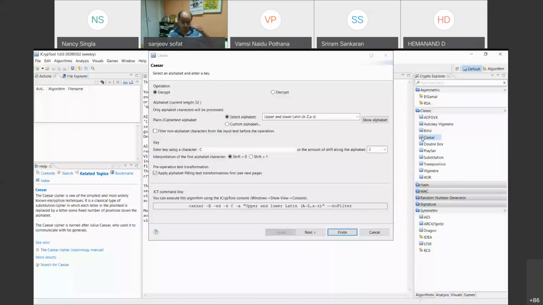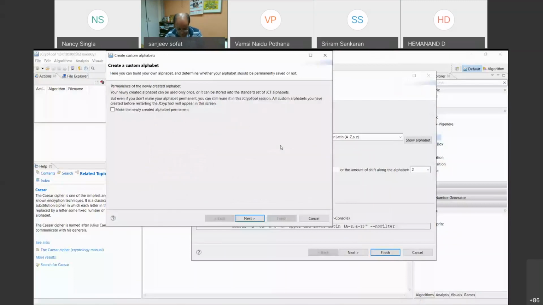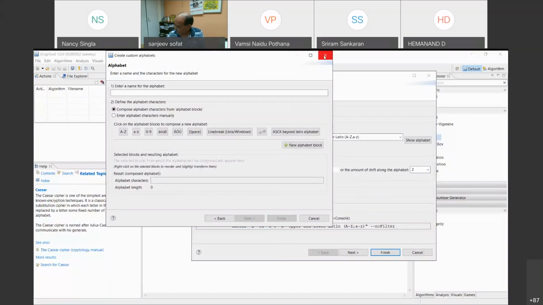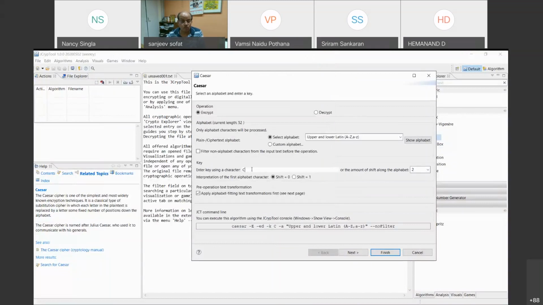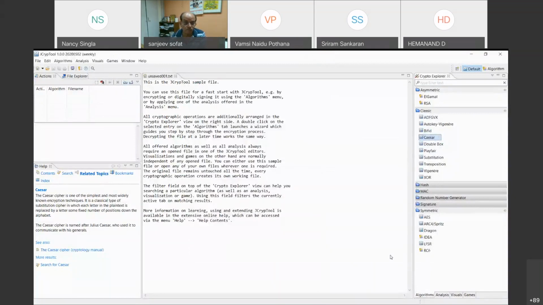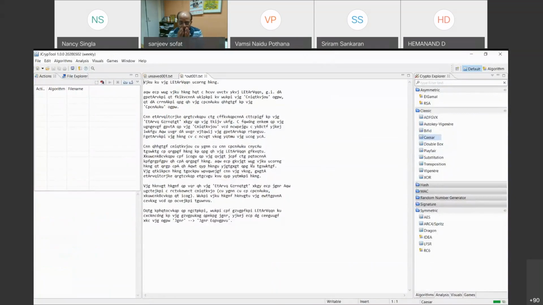We can also give our custom alphabet, that means the list of characters to include, uppercase, lowercase, digits and so on. And most importantly, you just have to mention the key. Suppose the key is C, that means A would be converted to C. The amount of shift would be 2. You mention that, and you just have to click finish.